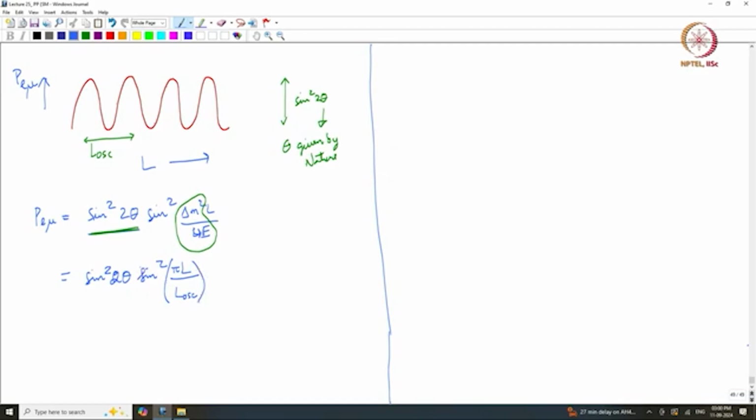Okay, and what is this L oscillation length? L_osc, the oscillation length, is 4E over pi delta m squared. See, I have just rewritten the equation above, that's all I have done. Okay, that's where all the 4 and the pi and everything come from,